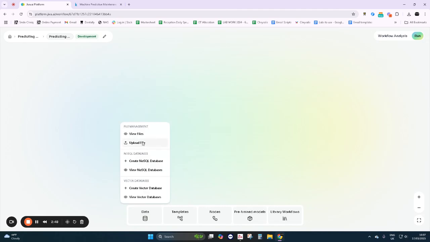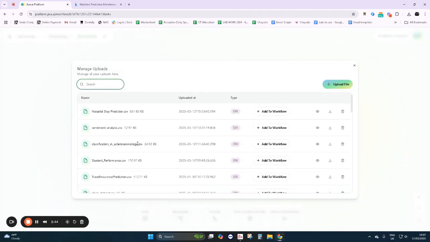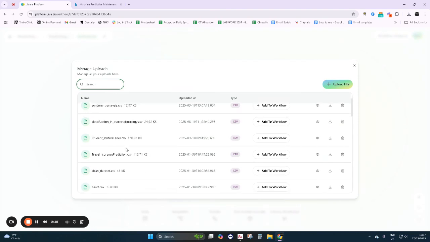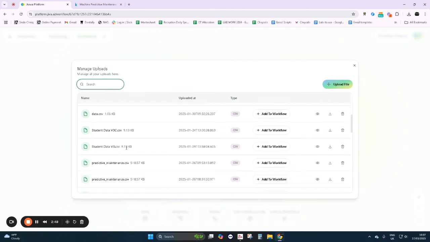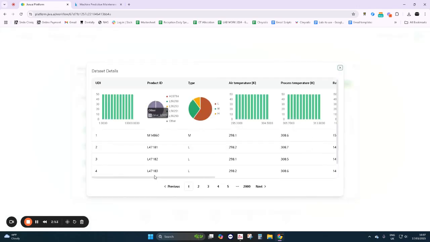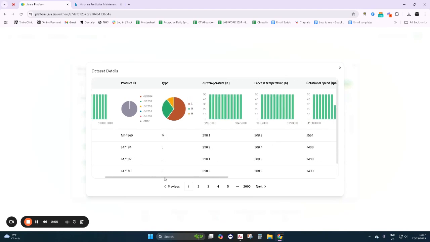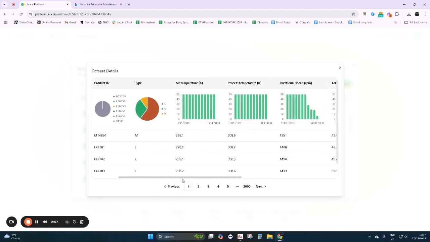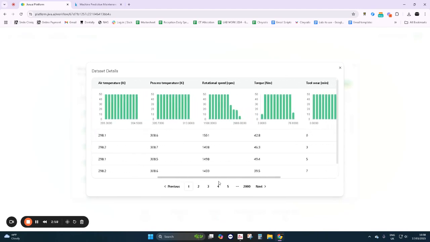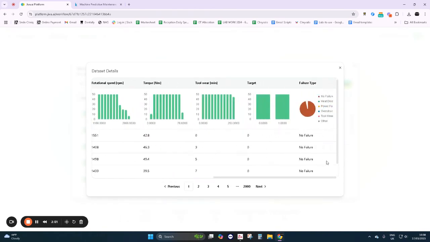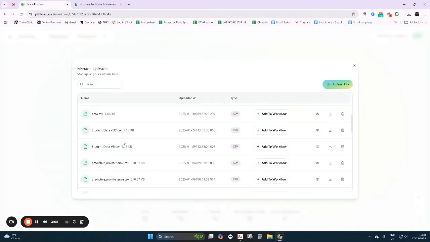So the first thing is to download the data set. And I believe we've already downloaded it. You can see I've been making quite a lot of machine AI models recently. Where is it? There it is, predictive maintenance. So we'll just have a quick look at it. There you go. Product ID, incident number, type of machine, air temperature, process temperature, rotational speed, torque, target, did it fail or not, and why, what was the reason for failure. So I'll just bring that